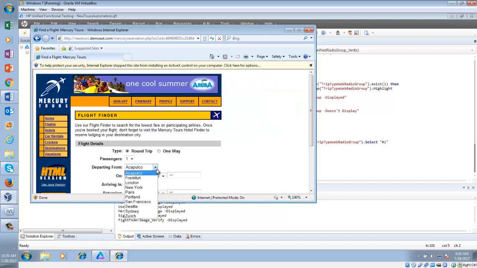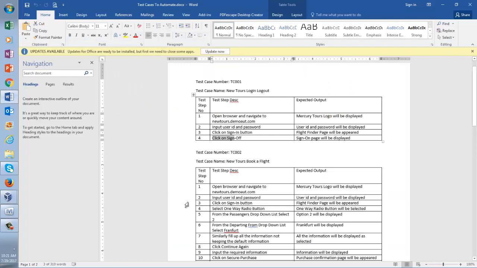From this passenger drop down, you select 2. Let's say I want to select 4, not 2. So let me update this test case. From the passengers drop down, I am going to select 4.